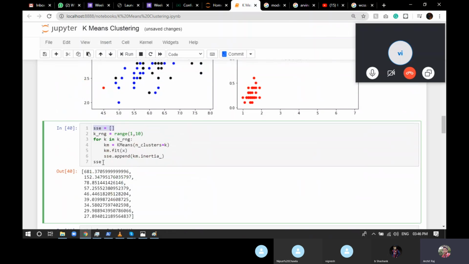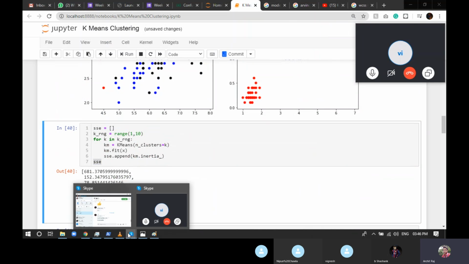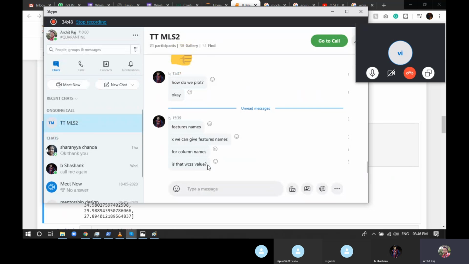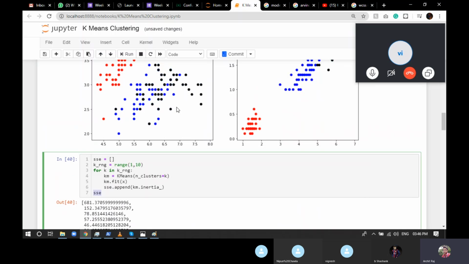Now we got the SSE, which is the sum of squared errors. Is that the WCSS? Yes, that is the WCSS value. To find the WCSS, you do not have to write your own function for finding the distance and squaring it. km.inertia gives you the exact value which you want.